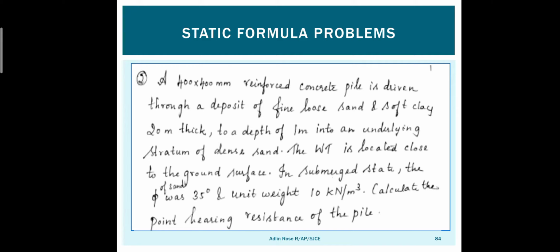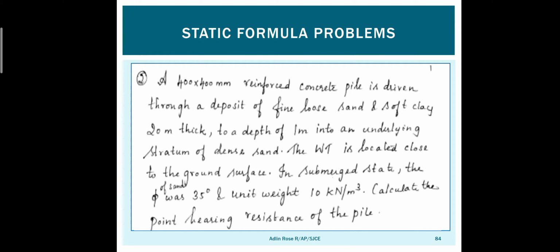Now the water table is located at the ground surface. Fully, the soil is fully filled with water. So the water table is at ground surface means the soil is completely saturated or submerged. So now the friction was 35 degree, and since it's a sandy soil, it is going to be 35-degree angle of internal friction, and the submerged unit weight. For submerged unit weight you use the notation gamma sub or gamma dash in soil mechanics. So gamma dash or gamma sub is equal to 10 kilonewton per meter cube.